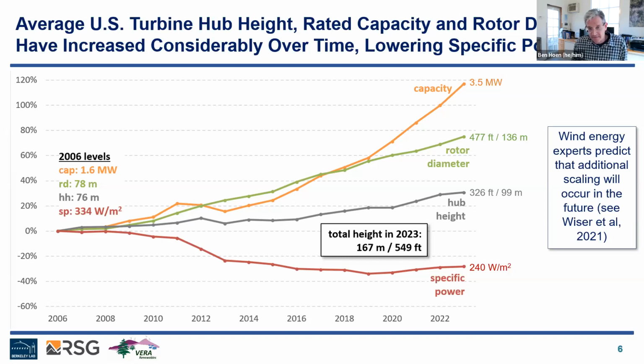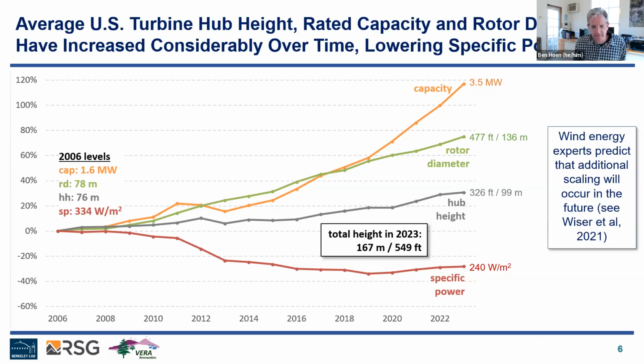The capacity of these turbines has also increased. You can see it's really a very sharp increase, with current averages for 2023 being at 3.5 megawatts. A recent survey done by my colleagues at Berkeley Lab found that experts predicted that those trends will increase, and we surely have seen no sign of that abating. The FAA permit data, which we reference in the paper and we include as part of the land-based wind market report that the LBNL puts out each year, shows that future turbines will even be taller.